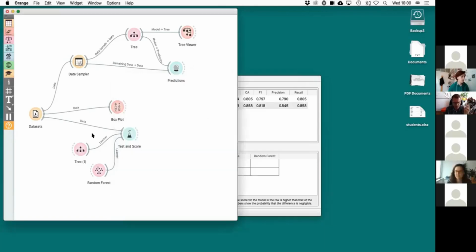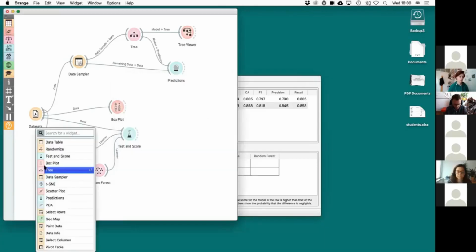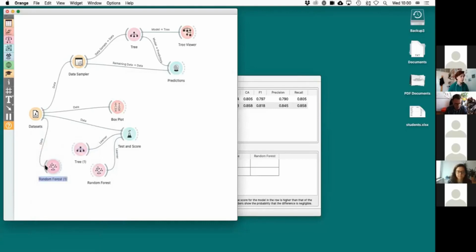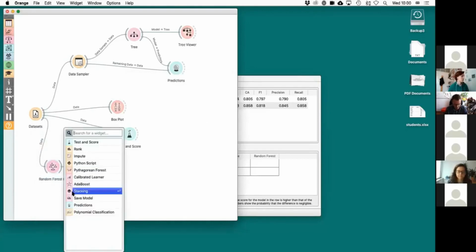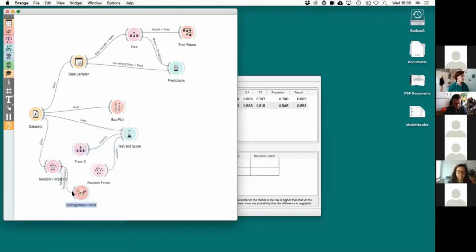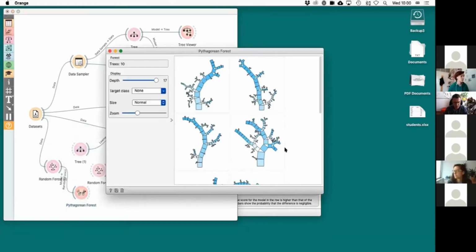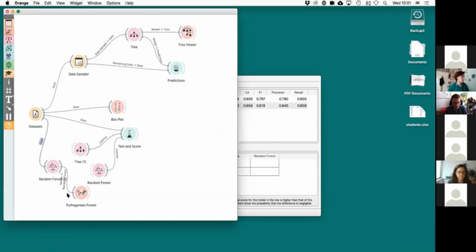The problem with the random forest is that if I apply a random forest to the data and then check out how the random forest looks, these are all the trees in my model. I'm not having a clue how this works. I cannot interpret this model. Here are the 10 trees, and if I'm building 100 trees, then I lose interpretation.